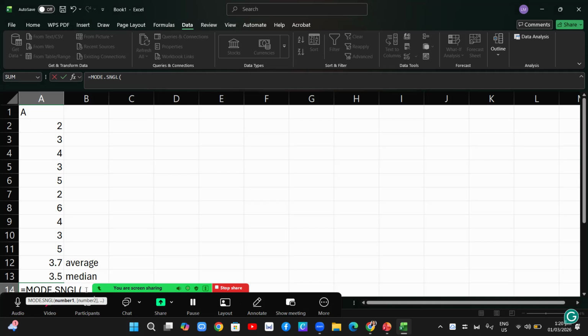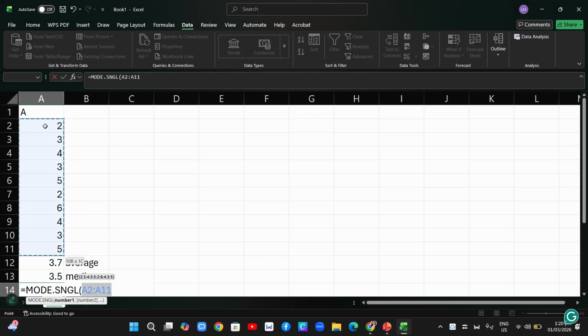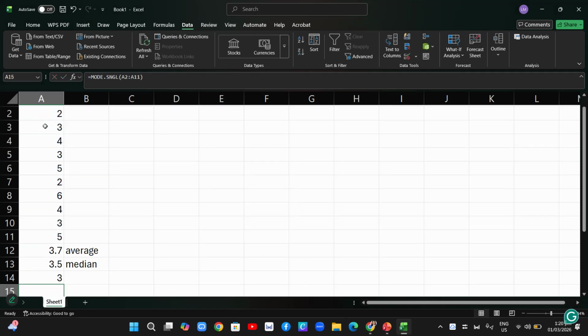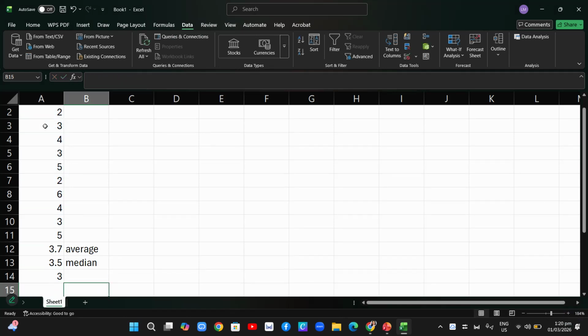So let's click the values, and then on your keyboard, press Shift and then the arrow down, and then close parenthesis, and then press enter on your laptop. So the number 3 is the mode. It means it appears most frequently in your data.